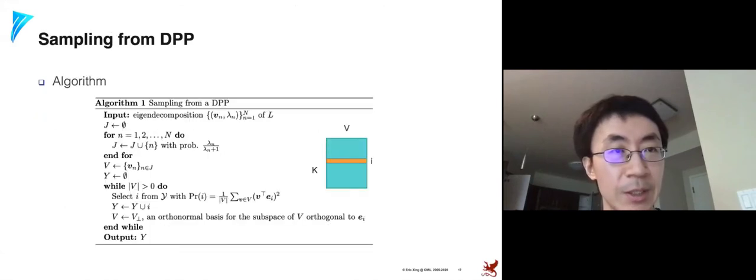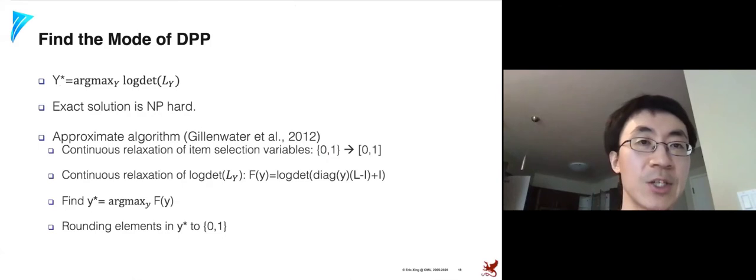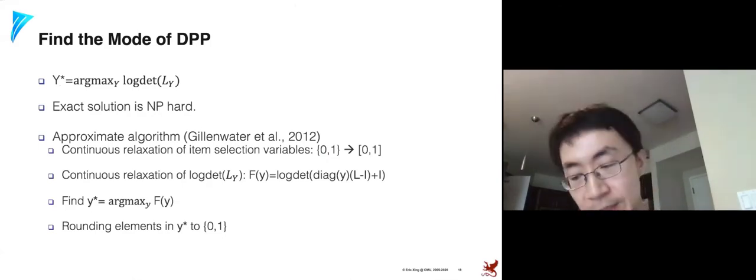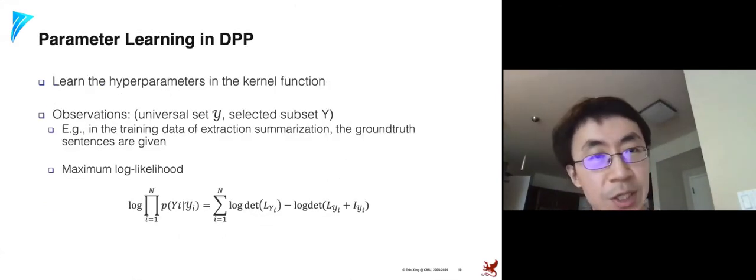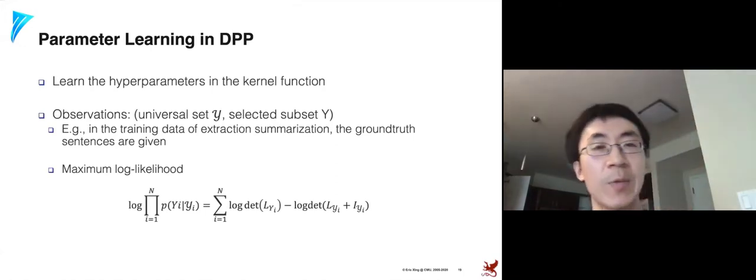So we talked about how to draw samples and how to find out the mode. Assume that we are given a DPP. Then the next question is, in DPP, we have the weight parameters, right? How can we learn these